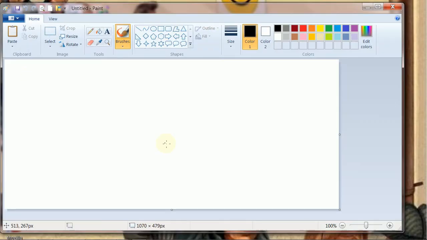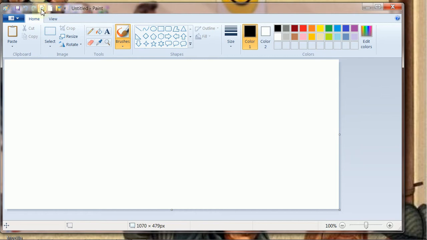Click. Now, this is what the opening screen looks like for Microsoft Paint. There are four main components to the opening screen that will be of use to you. Let's start with the top one first, because this is kind of unusual for Microsoft. You can have a small toolbar